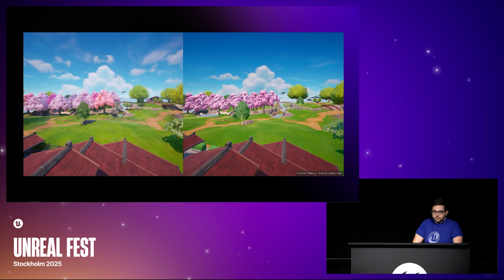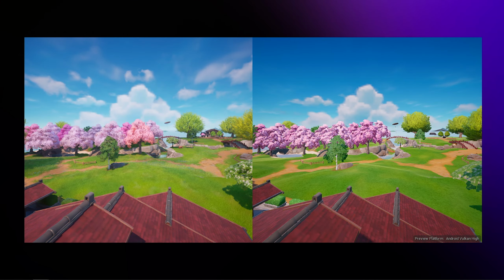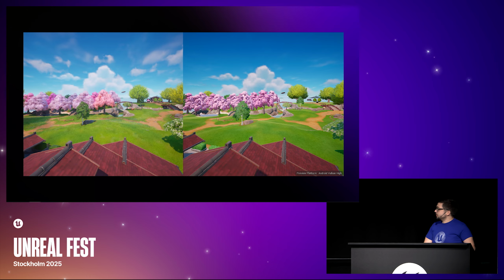You would notice the first thing that the shadows are missing. Distance field shadows are not present. That's because distance field is not enabled in Android Vulkan. The tree canopy, you see there's much less detail in Android Vulkan than it is on the editor. There's a lack of Nanite, Lumen. The view distance is also different. You see the house in the right middle part on both images in the far view. It's actually not rendered for